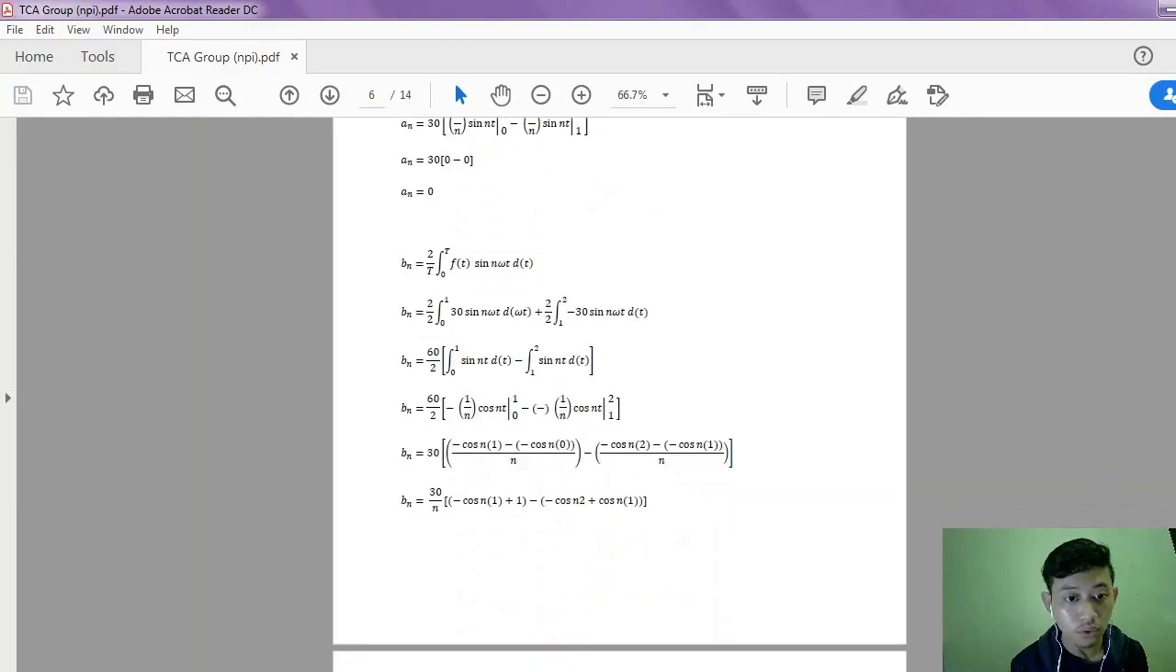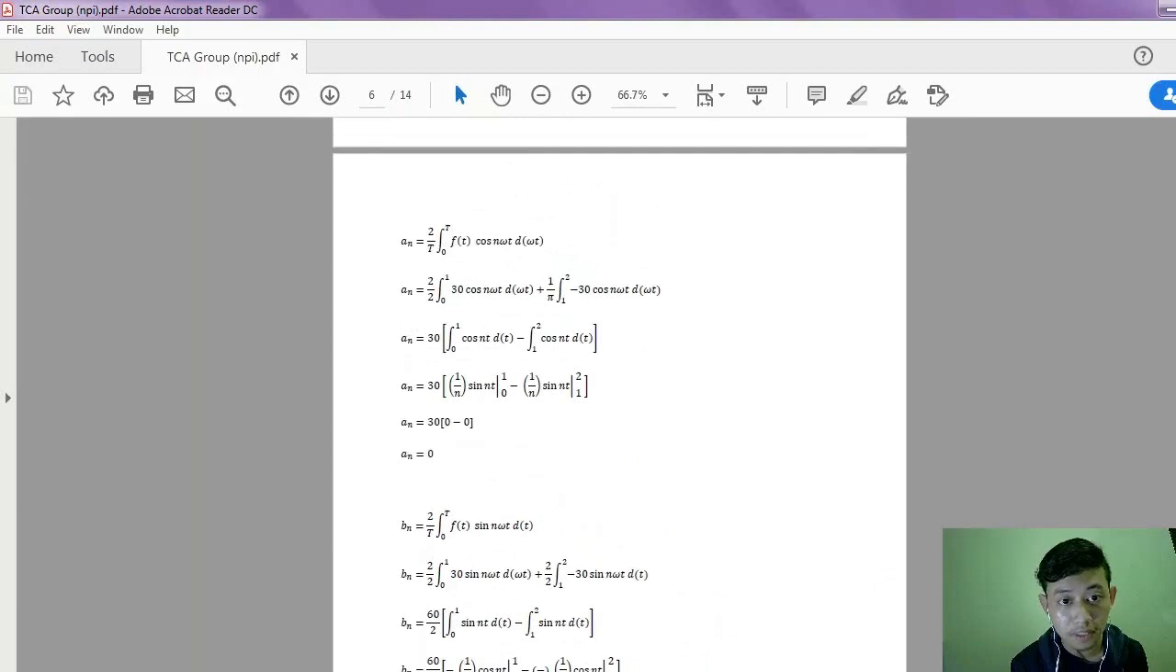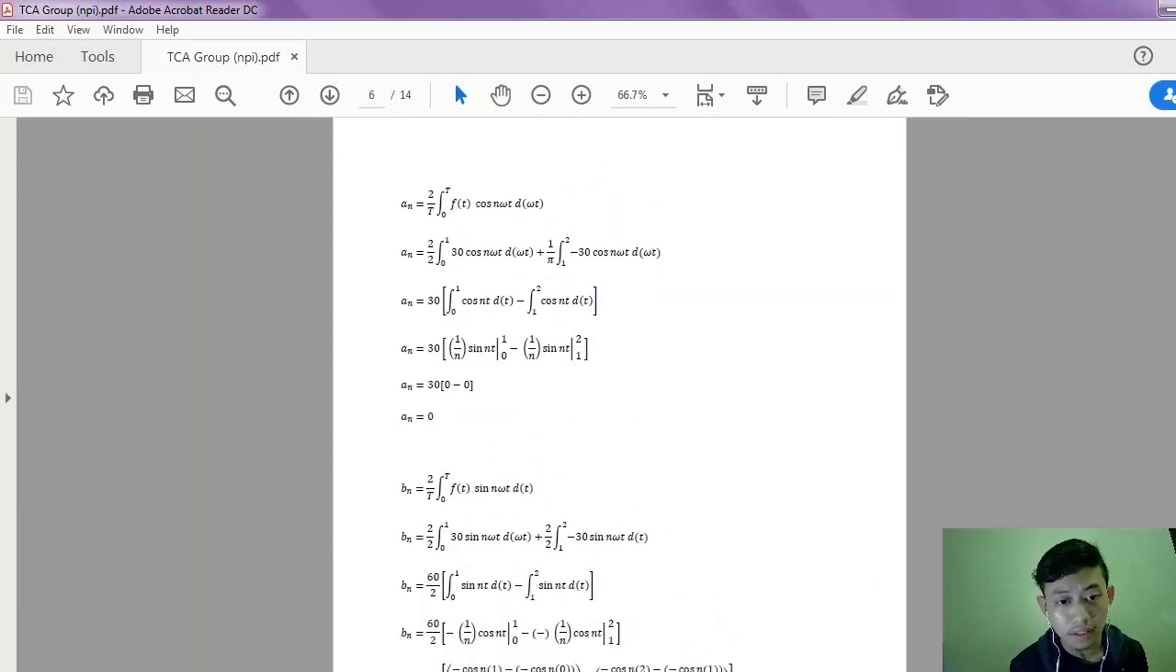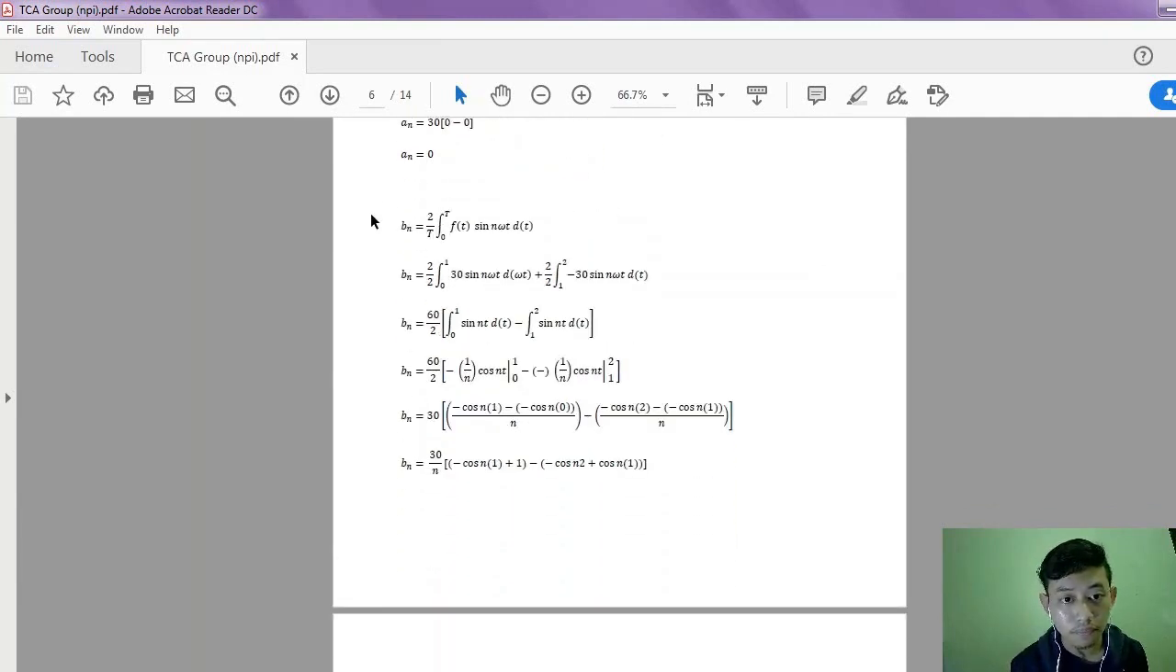After that, you do the same thing for BN. The difference between BN and AN is that AN uses cos while BN uses sine. This is the formula for BN, and it is very similar to AN. You just insert the value of amplitude and time, and do the integration. After you reach this step,